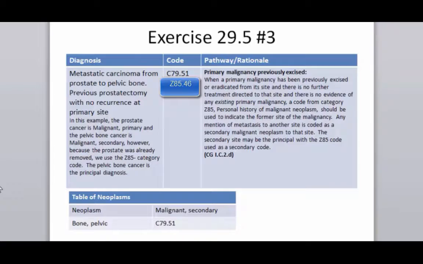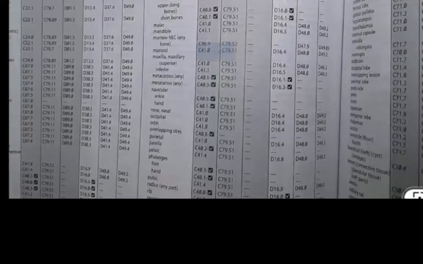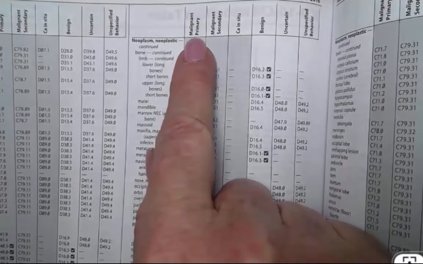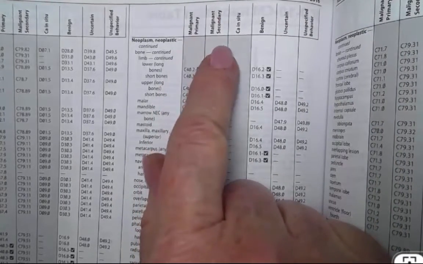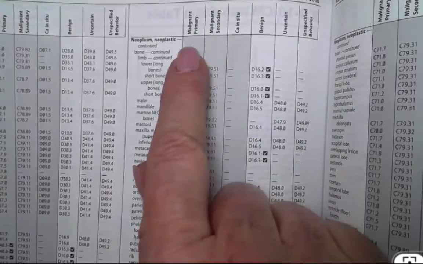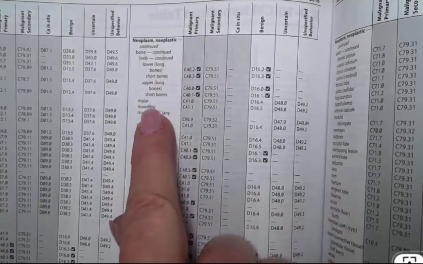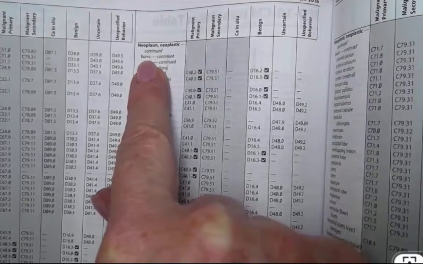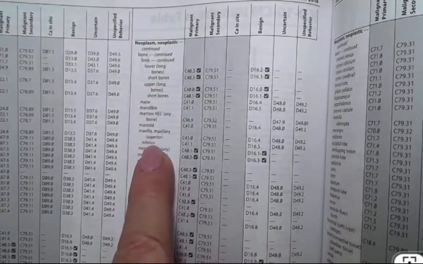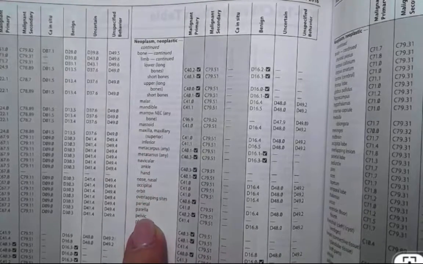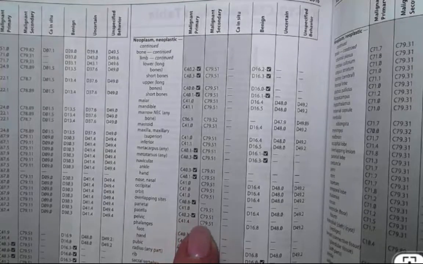I want to go to this table of neoplasms just to remind you again, be careful which column you're in so you read the right column. So we're in the table of neoplasm. We have malignant primary, malignant secondary. We know that this pelvic bone cancer is malignant secondary, so we're going to use the second column. Go down. We're in bone. See here? This is our primary term right here. Come down. We're looking for pelvic. Second column,